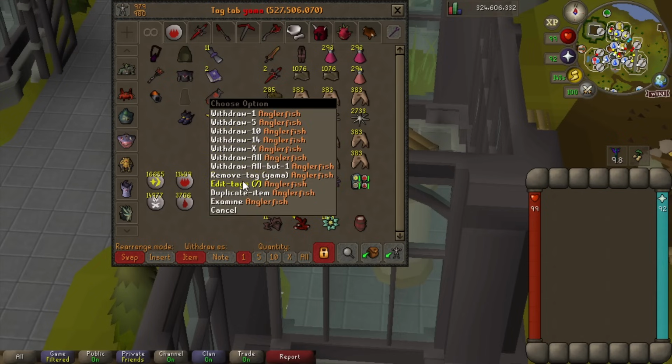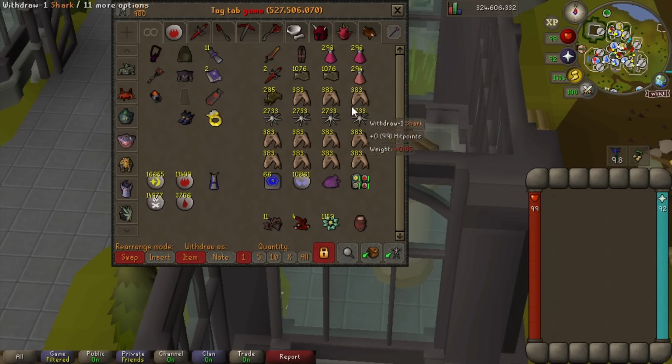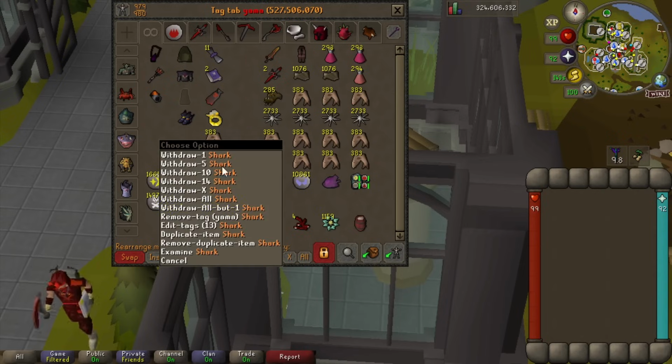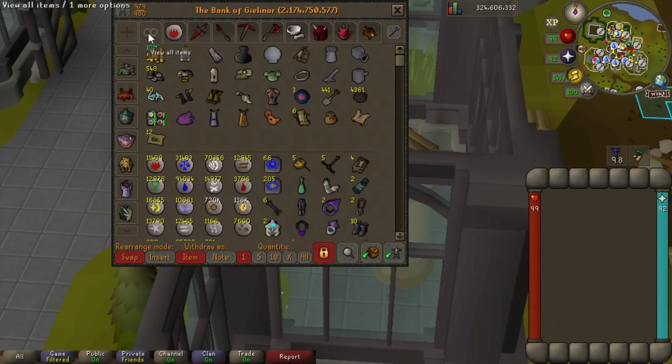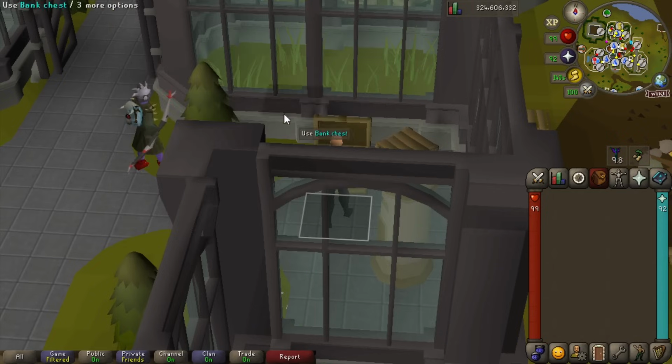And you can also duplicate items. So see here that I've got multiple sharks. You can duplicate an item and then move it around. And you're like, I accidentally did that. Let's remove duplicate item. But moving on to the next one, in the theme of banking, there's a really nice